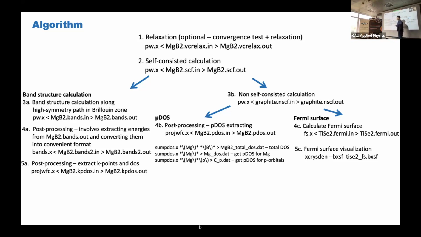And as we want to combine DOS and bands, we should combine this projected WFC, so it's projected wave functions. It was here when we created partial DOSes. We used this model, projected WFC. But now we will use it here. So we will calculate band structure first, and then on the basis of these wave functions, we will calculate DOSes. So that's the connection. So here we can just get the common DOSes. It's just common DOSes. But here we can connect bands and DOSes.